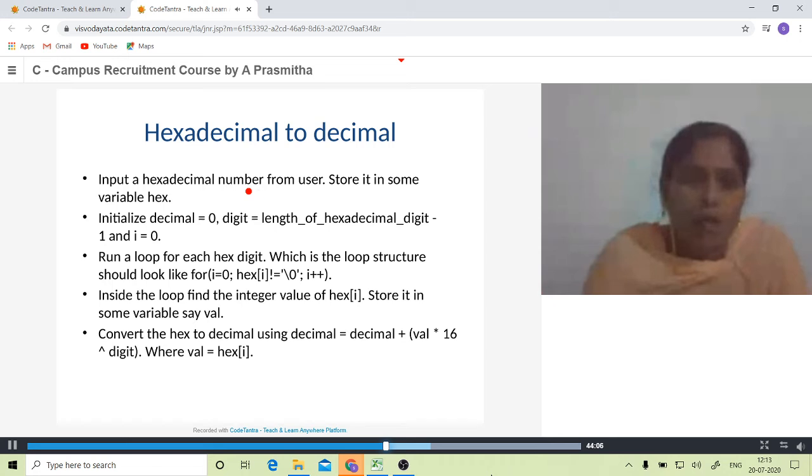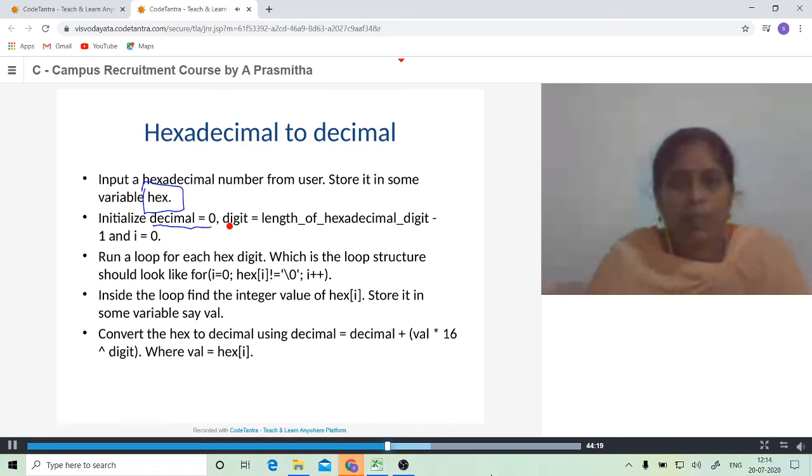So we will store the given input in some variable called hex, and we will take decimal as 0, and digit is nothing but the given hexadecimal number's length minus 1. Usually when string length is computed, it will have one extra character. So we are reducing that extra character by using minus 1. And we are also taking I equal to 0, which is used for the power.